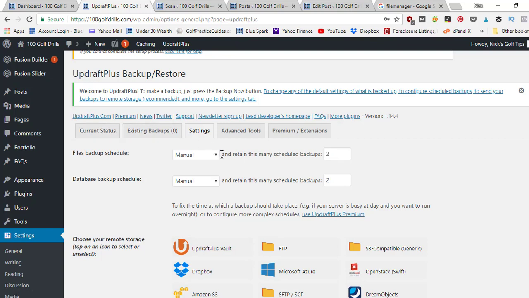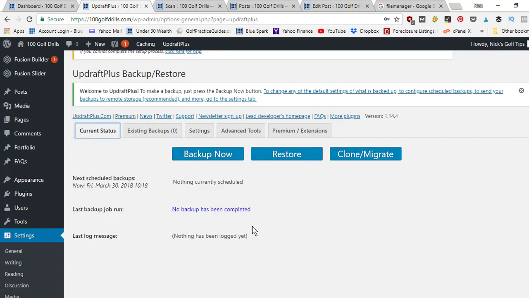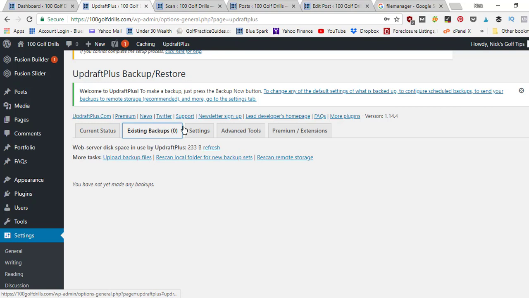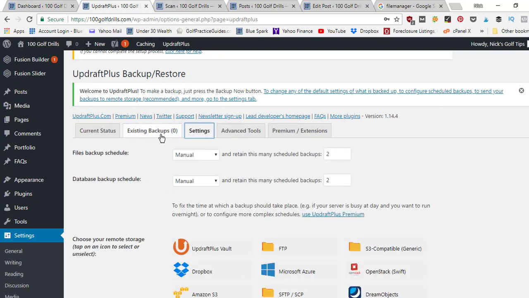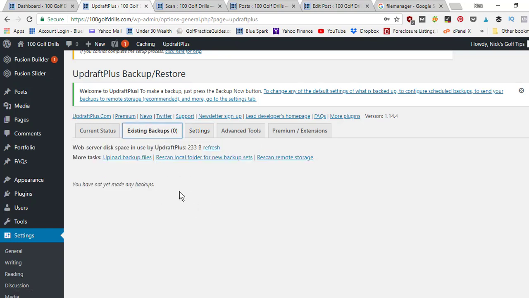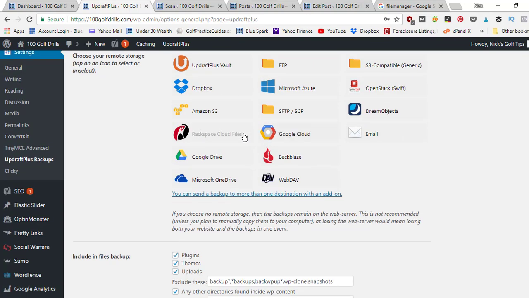Actually, that's for, I think, here on your WordPress. So once you come here to the current status and click backup now, it'll show you existing backups right here, this tab. That's where however many you set here, so 2 and 2, you'll find those 2 copies. So if you ever need to log into your WordPress website and download those copies for some reason, like if you're moving to another hosting company or something,